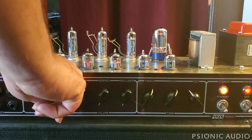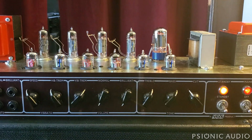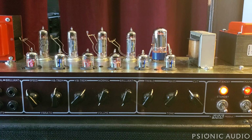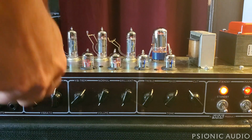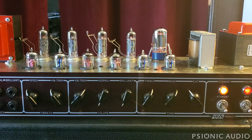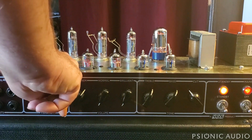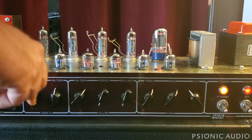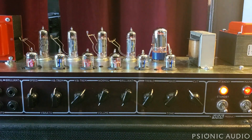That's trim. This is vibe. Notice that the trim is a little bit louder than the vibe. That popping is normal. And then it has 3 speeds. Kind of fast, slightly faster,